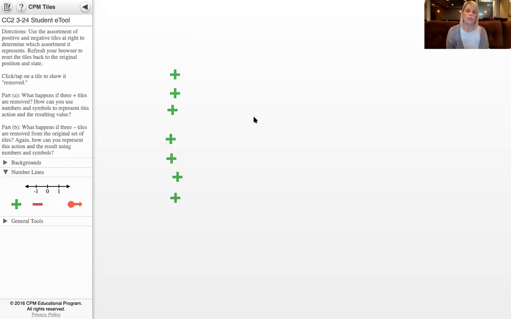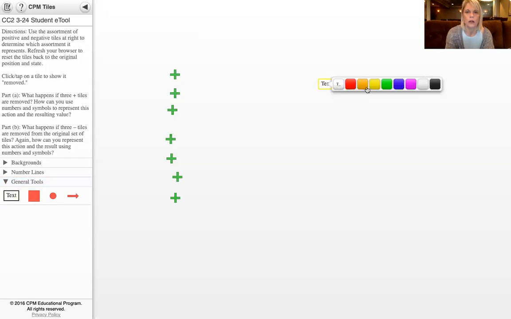Now, this is where it changes. If I have a problem 7 minus 5, that means 7 take away 5. So this represents, let me show you here, blue. This represents 7 minus 5. Let's see if it'll make it bigger. It won't make it bigger for me. 7 minus 5, which means